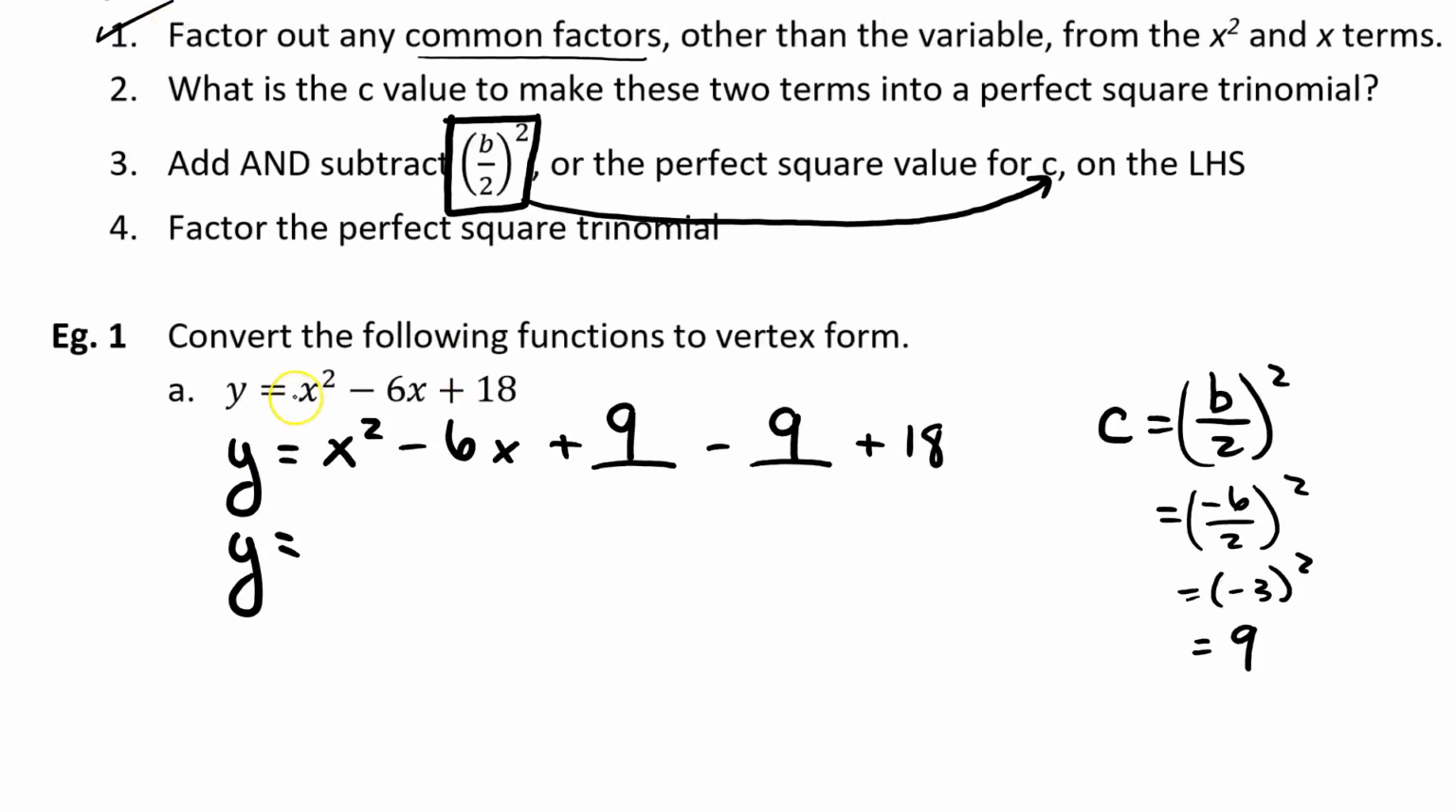So we have done number 1. There were no common factors because a is simply 1. We have chosen the correct value, we have added and subtracted, and now we need to factor that perfect square